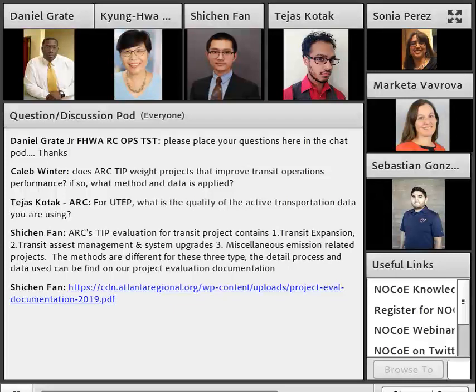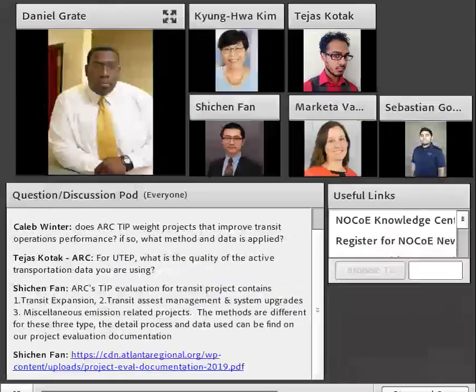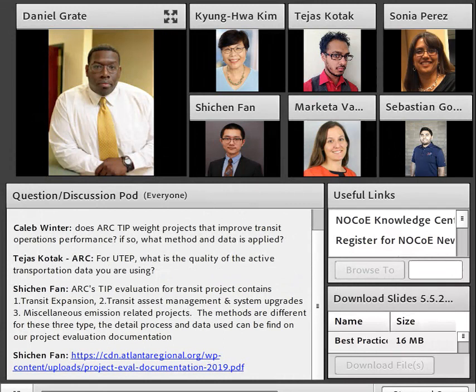So the transit signal updates is usually a TSMO project, and we analyze the emissions reduction caused by this project, and the score we give in the final ranking is based on how much emission is reduced.